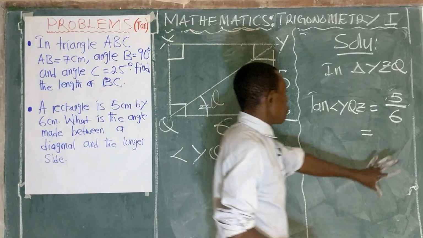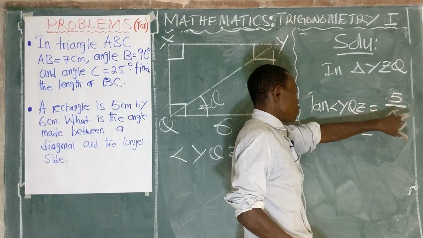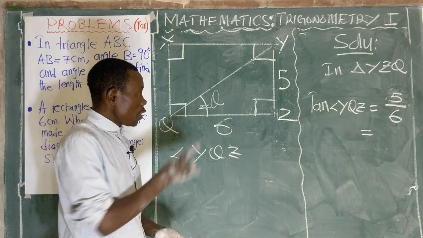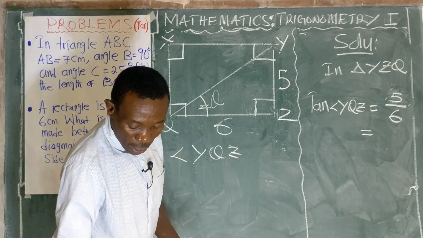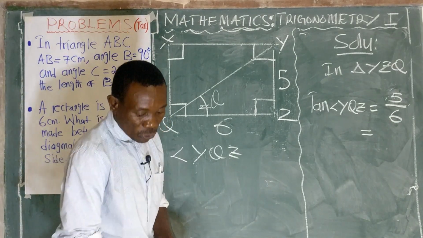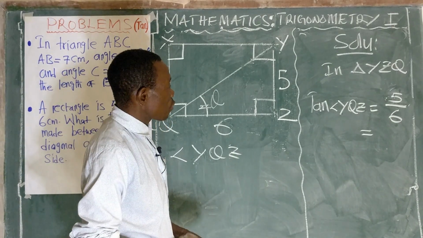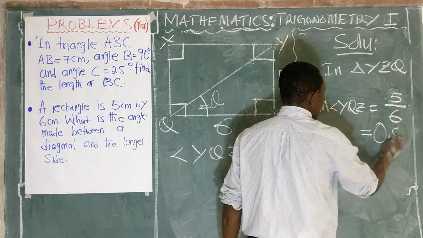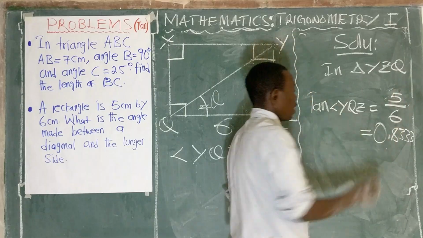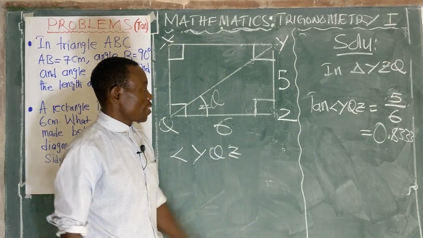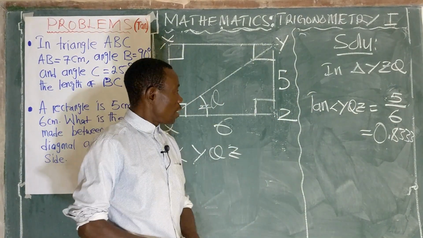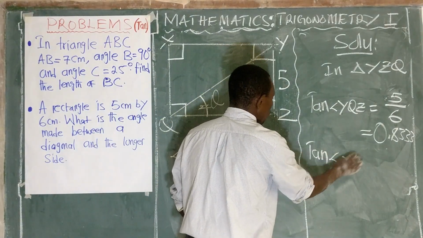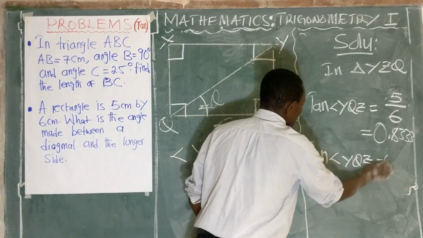We prefer you to present this ratio of the opposite to adjacent as a decimal fraction. So if you can use the calculator where you are, you'll be able to realize that the ratio of 5 to 6 is 0.8333. The 3 just goes on like that, so you call that 4 decimal places. Right, so here we take that tan of angle YQZ is equal to